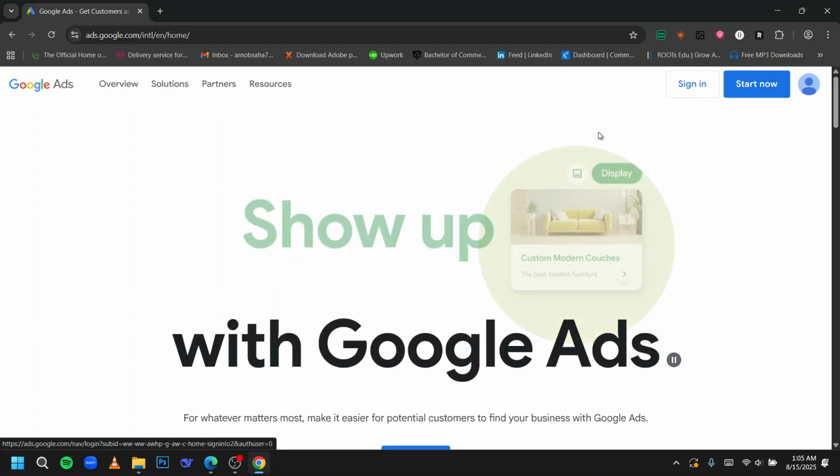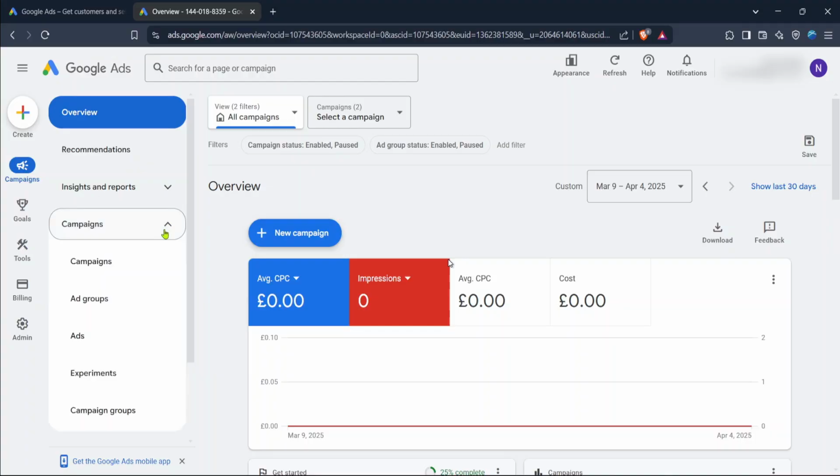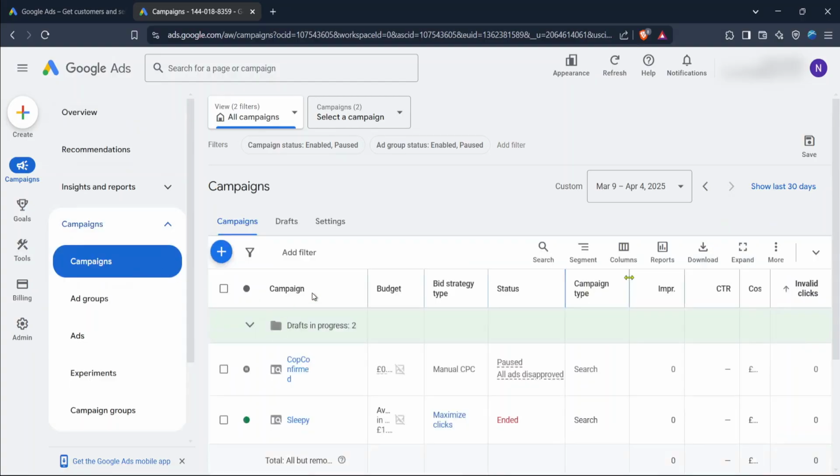After that, it will take you to this page, and from here you have to click on the campaign option from the left hand side. On the left hand side, expand the campaigns, and from here click on campaigns again. In the campaigns option you will get lots of options from here, and